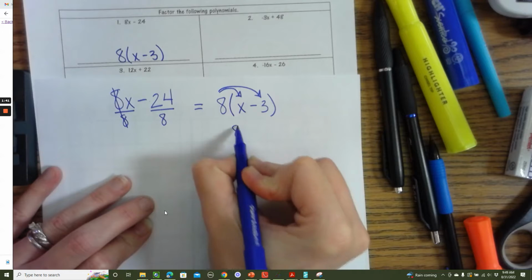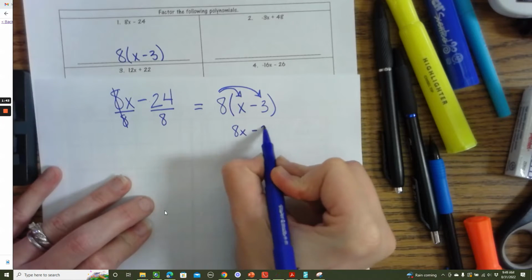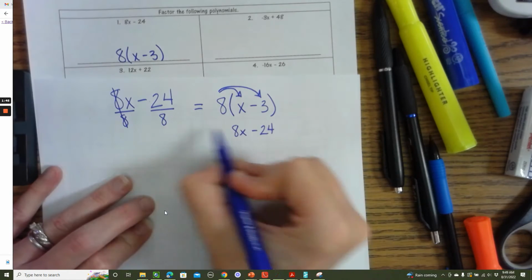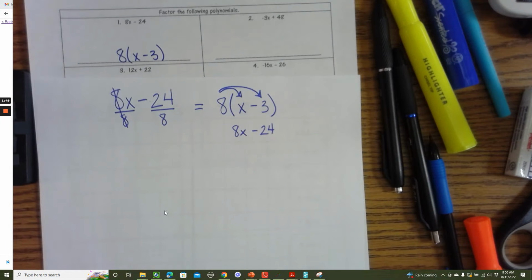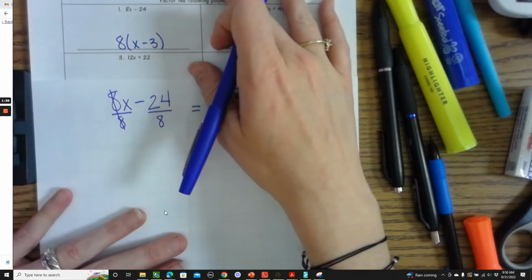8 times x is 8x. 8 times negative 3 is negative 24. I should be able to work a full circle. But it's one of those odd things. We've been practicing distributive property, and now I'm showing you how to undo it. All right, number